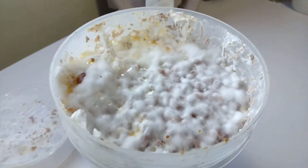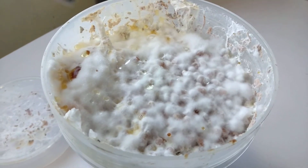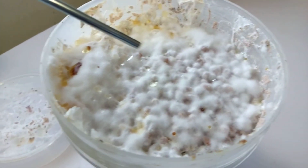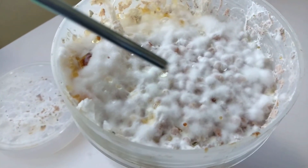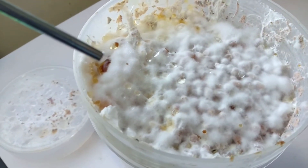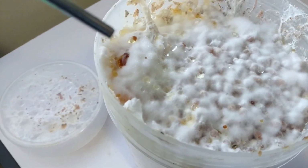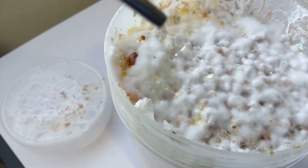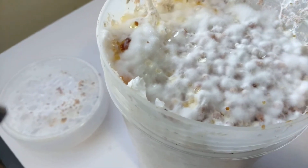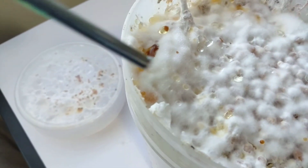But then on the top you can see it's like little balls of mycelium, and that's because on here there's grain. I put a layer of grain on at a different time just to add to it. But over in this corner, where you can see that dark resin sort of mycelium, that's got an area that got contaminated, but the mycelium in this container is so strong that it just started growing over it and formed a layer of mycelium over it to suffocate the